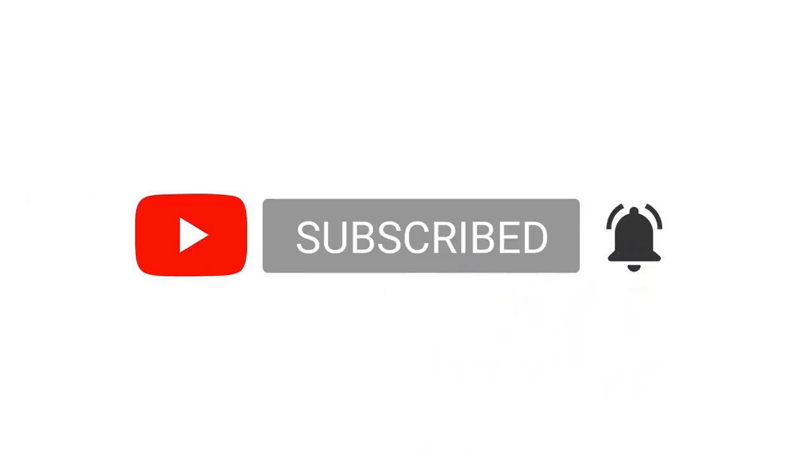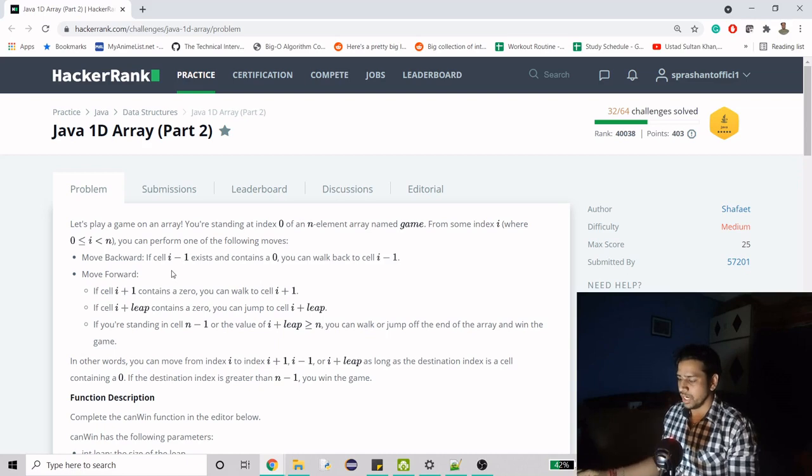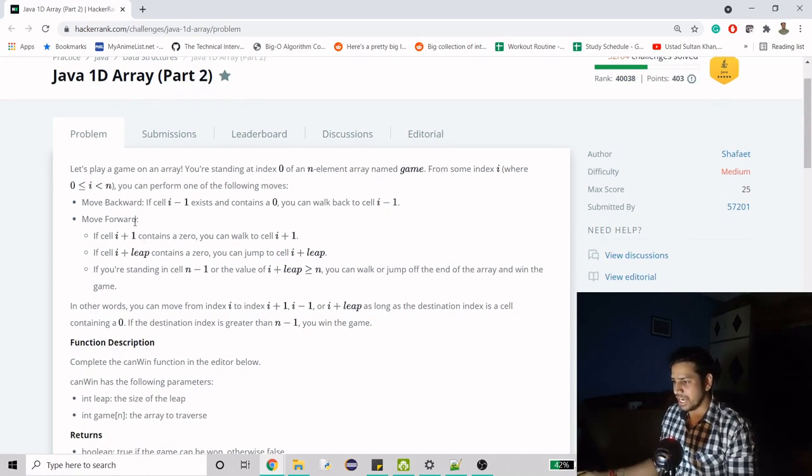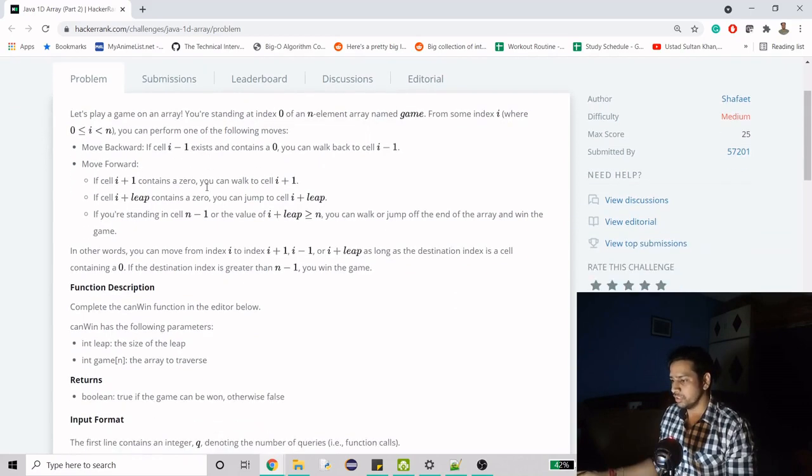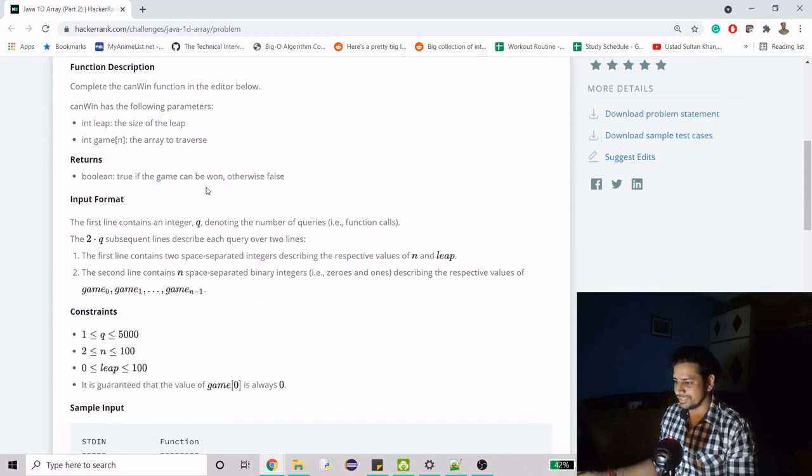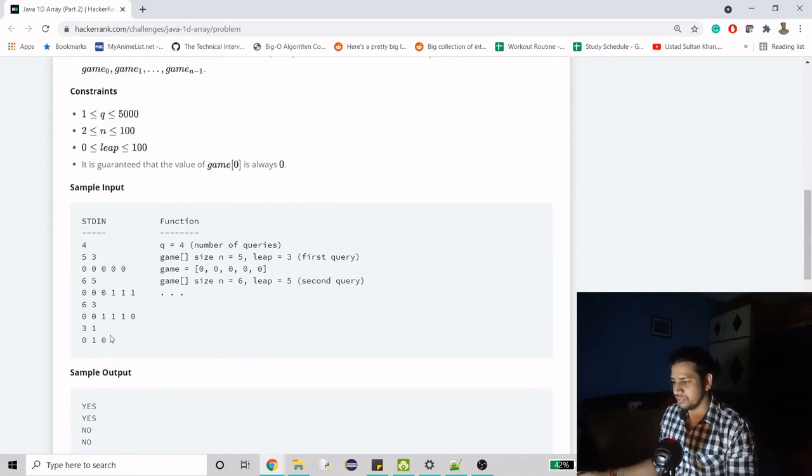And now let's see what this problem says. So here we can see that they have given us a game on an array, and what they want us to do in a gist is that they will provide us few queries. So what they mean by that, here you can see the first number as 4, so this is like the number of queries, and there is a pair. So this is the first pair, meaning first query. This is your second query, third and fourth.